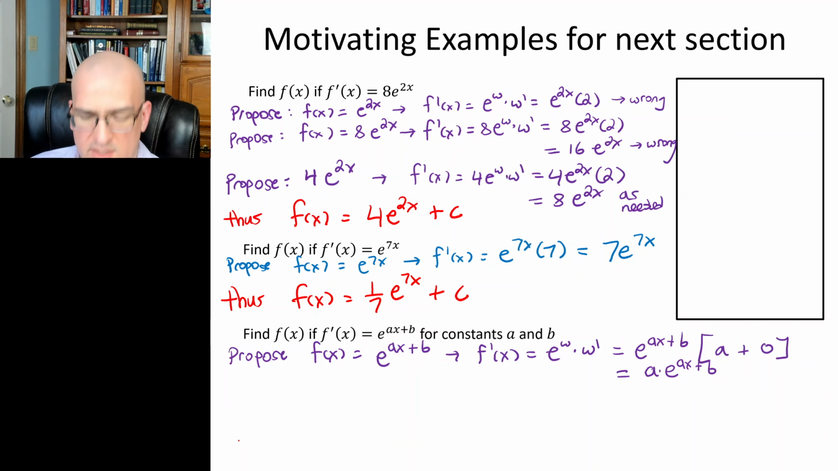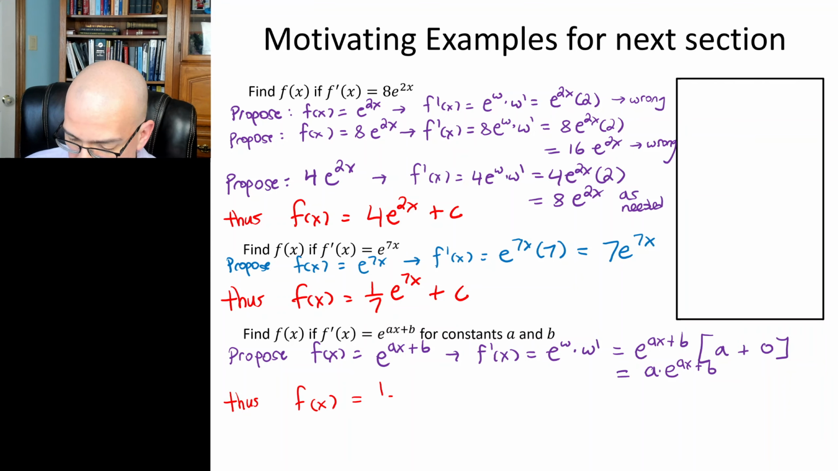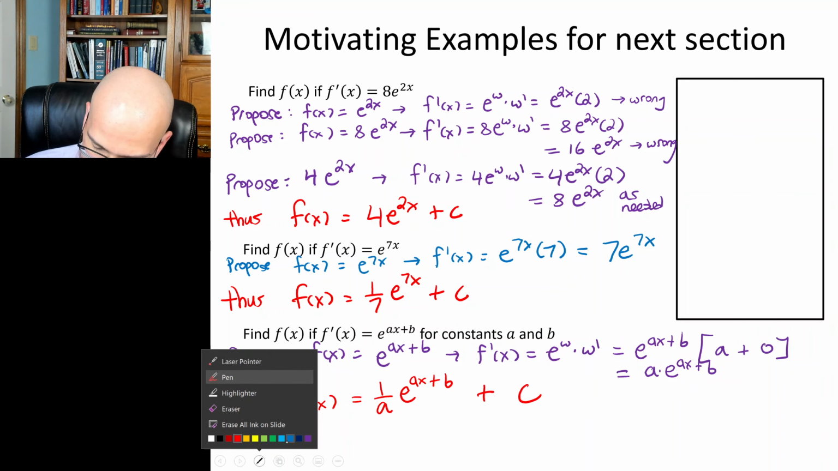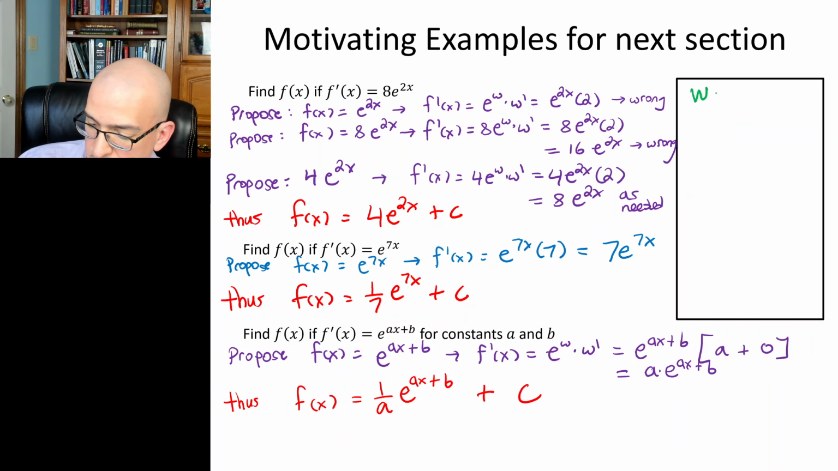Probably looking at that box, wondering what goes in that box. Something good goes in the box, right? No, something bad goes in the box. I'll show you. Thus, f of x is equal to 1 over a times e to the ax plus b plus a constant of integration. What I have to put in the box is a warning. That if